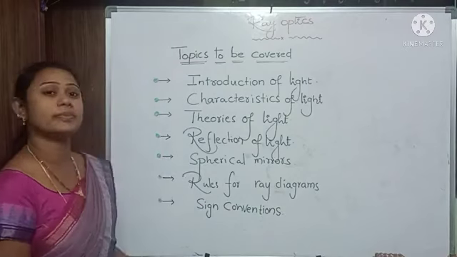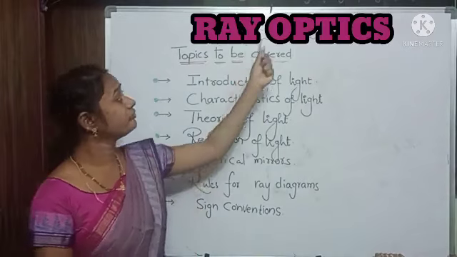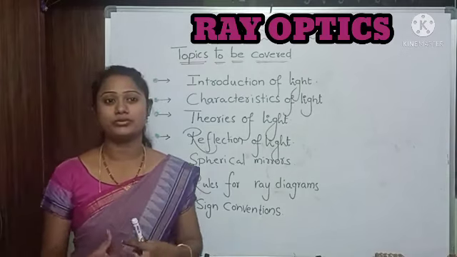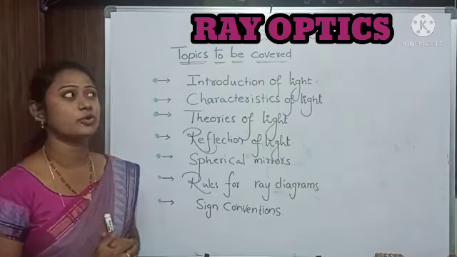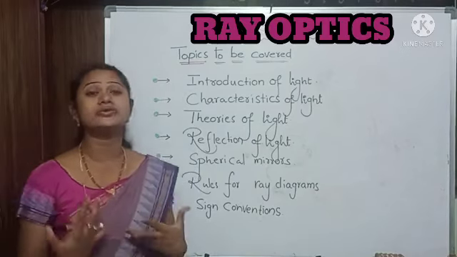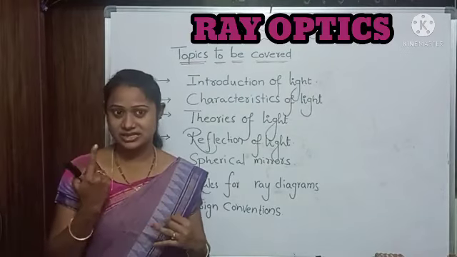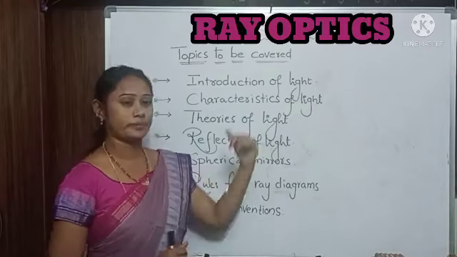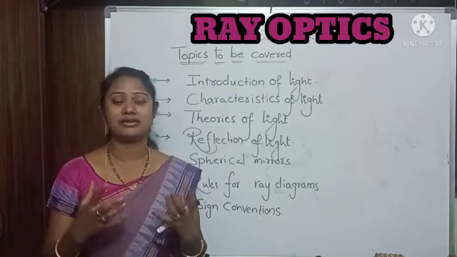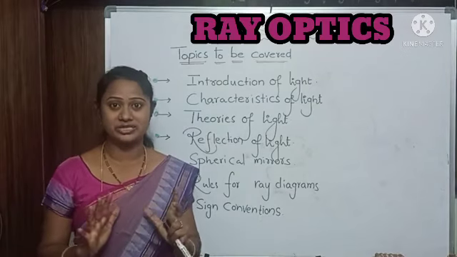Today I am going to share a topic with you, that is ray optics. When we hear the word optics, we have to think about some optical instruments. Can anyone name an optical instrument we use in our daily lives? Yeah, mirrors, spectacles, these all come under optics. Why do we use these things? Because they give light, brightness, and clear vision, isn't it?